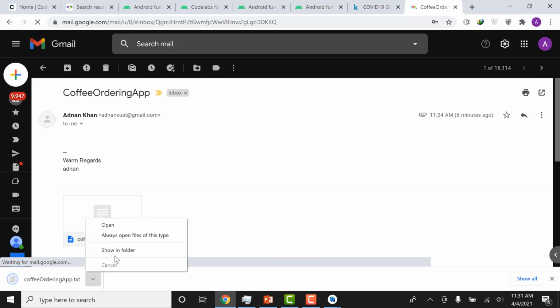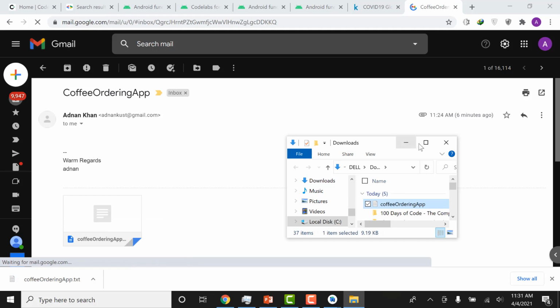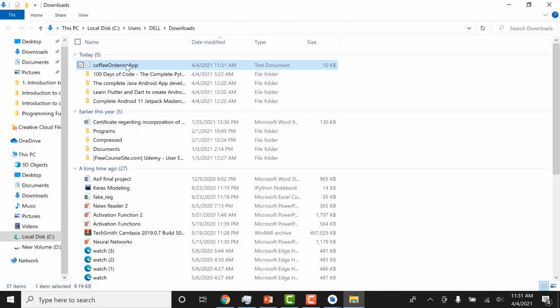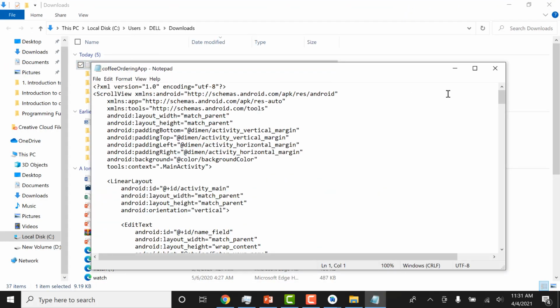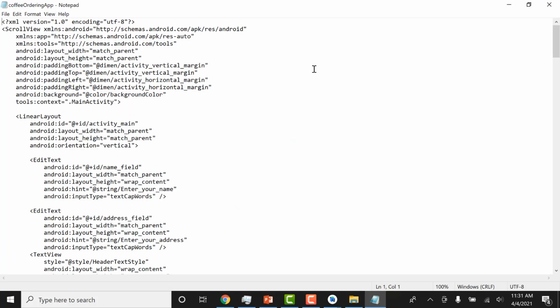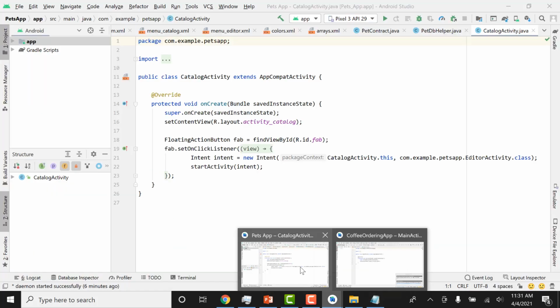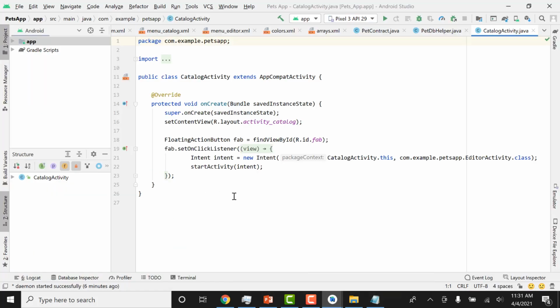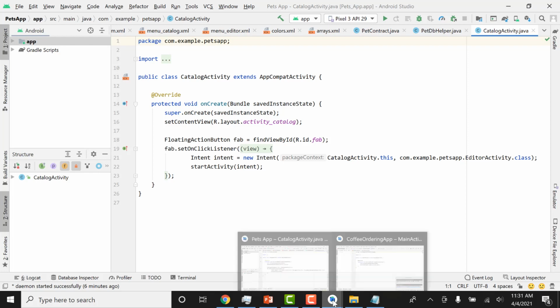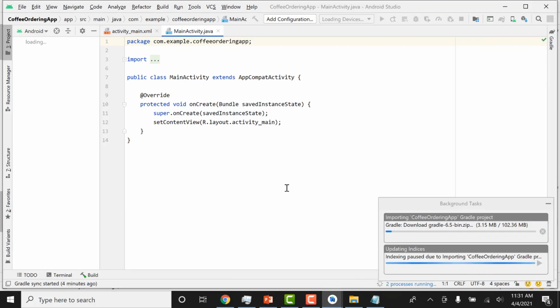Okay, so I'm going to go to the folder and let me open this coffee ordering app. So you already know that we worked on the coffee ordering application, and we also know that in Android there are several things that work together.